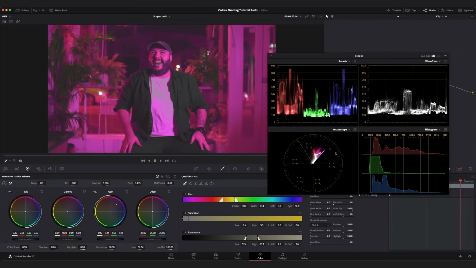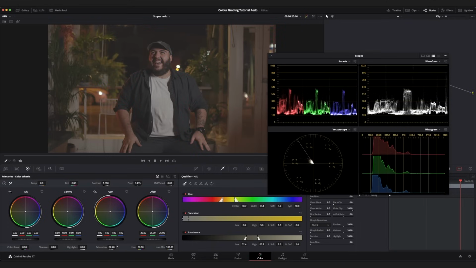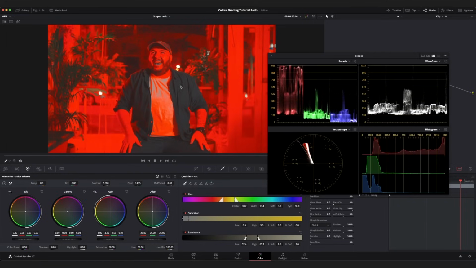We're pushing towards that magenta side and we're coming out from the center towards magenta and we're saturating in that direction. If I just crank the saturation up, you'll see we push out towards the edge of the circle just in a uniform direction. If you draw an imaginary line between yellow and red or red and magenta, and we push towards that direction, in this one, I'm gonna just do between yellow and red and go all the way, you'll see it's drawing an imaginary line here because we've actually hit the limit of what our color space will